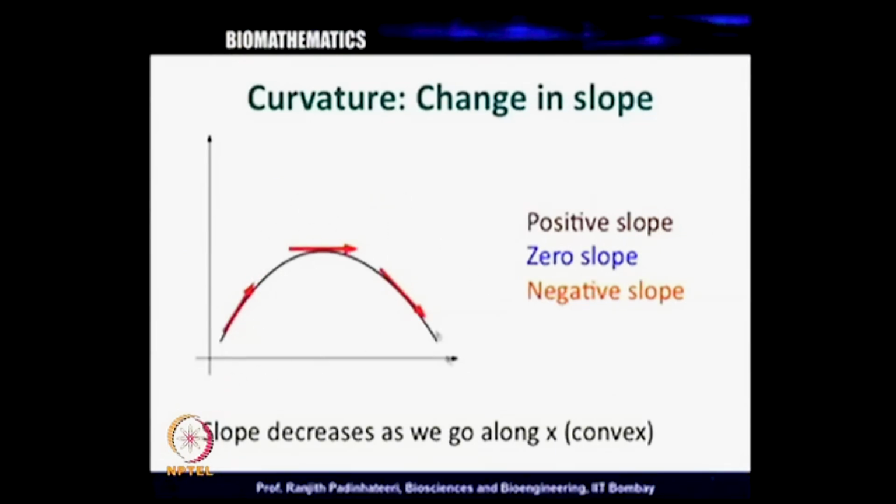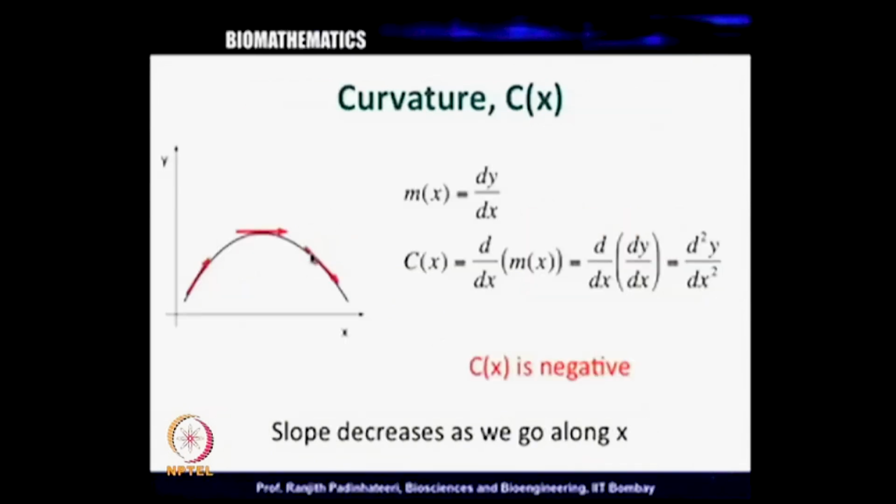if you have a convex curve, a curve which looks like an inverted U, the slope is going from positive slope to zero slope to negative slope. So the slope is basically decreasing, so the derivative is decreasing. And one important thing we learned here is that the slope at this maximum point is 0. If you calculate the slope here, this is 0. And we found the curvature is nothing but